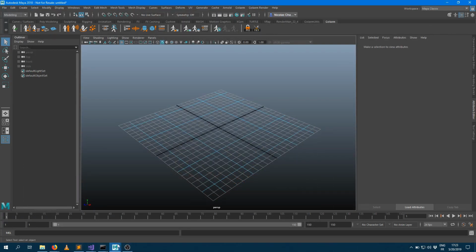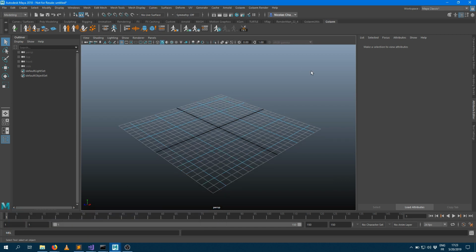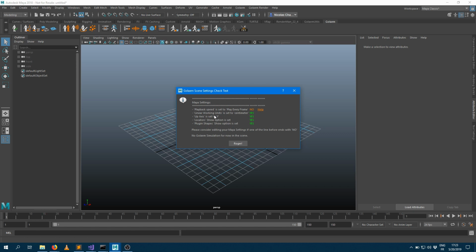So let's get started with the full license here and check if everything is set properly in Maya. Within the Golem shelf, you can click on the first button here, and that one checks the settings for Maya. As Golem is a simulation engine, it needs some of the options from Maya to be set in a specific way. So this one I turned off on purpose,